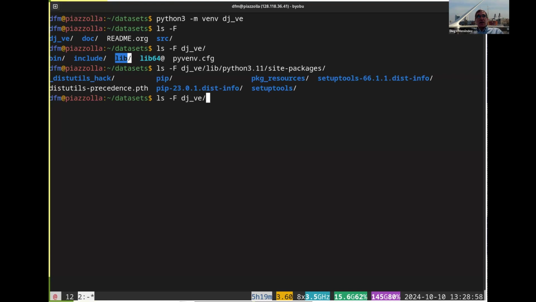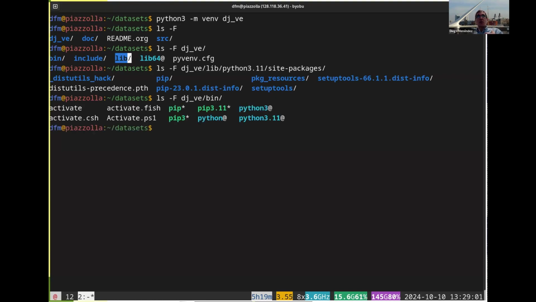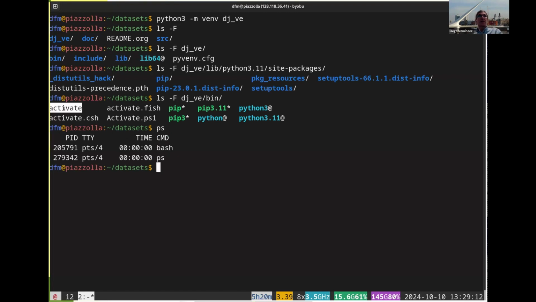In the binaries, depending on what operating system you have locally, if like me, you have Bash, you will use this activate script. If you have C shell, you may use activate.csh. If you have fish, you will use that. If you are using it from native Windows command line, you will use this. If you are using the Windows subsystem for Linux, go ahead and use this. The other couple of commands that we have is pip itself for installation of packages, and Python, which are these things